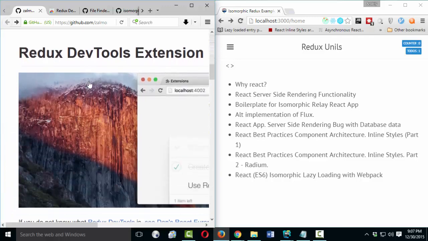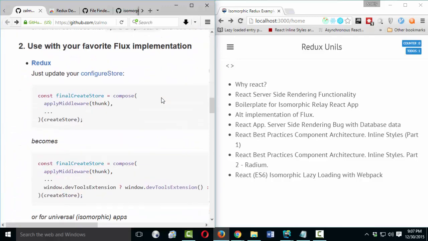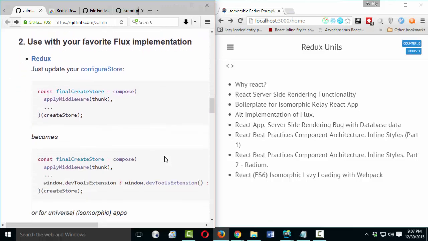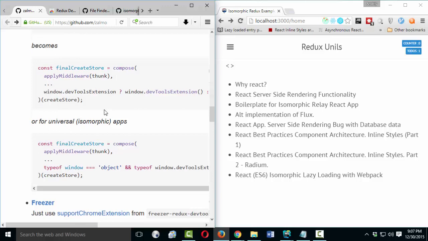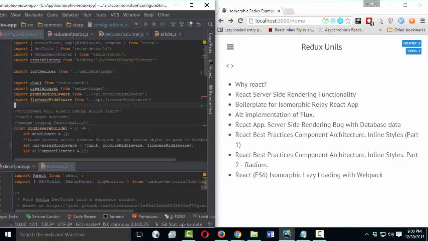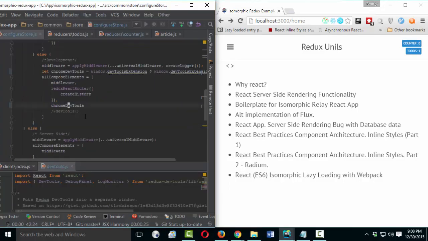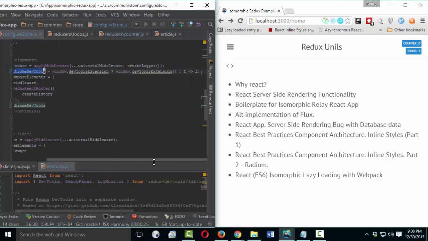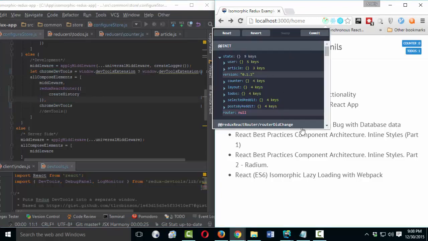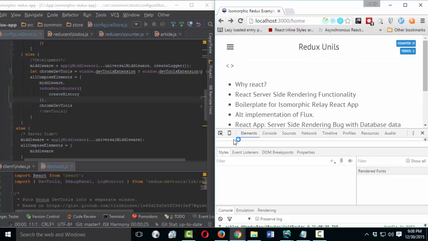you will find documentation on how you can use it, and this is really just one line of code. And for our application, this is this line. I just inserted it in the configure store file. Here it is. I have created a property with let Chrome DevTools and added this line. And that's it. When you run your application and click on this icon, a window will open. Click F12 and have it on the console.